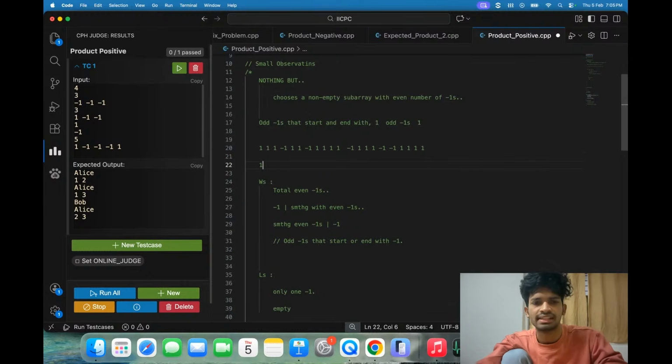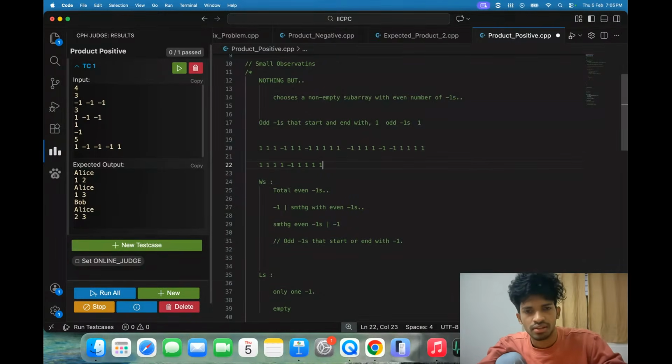Let's think about these cases, which is winning and which is losing. Okay. In these cases,